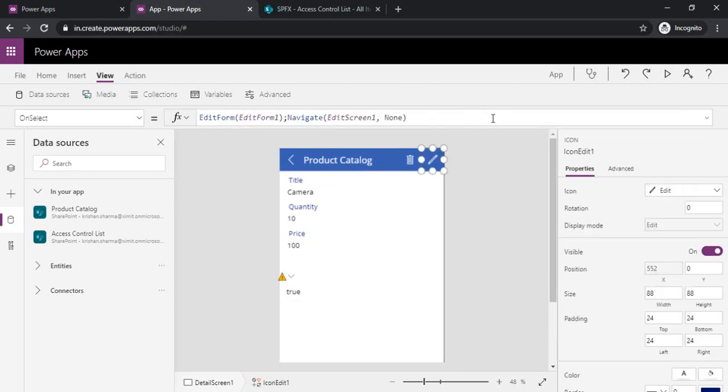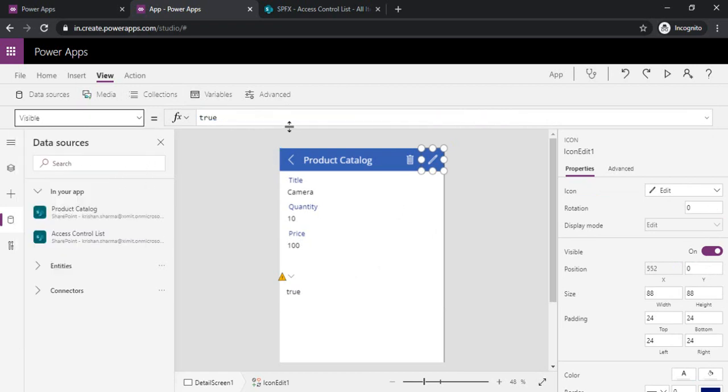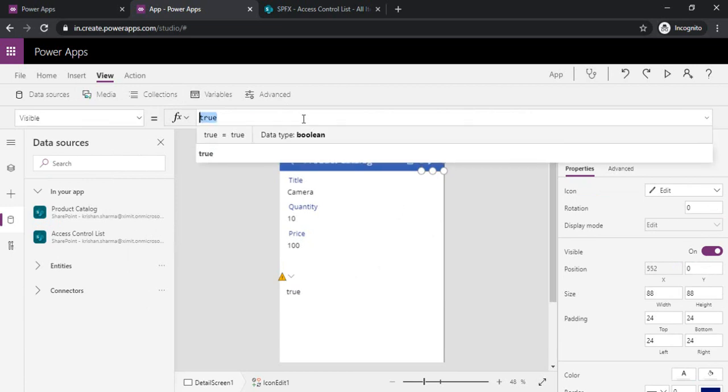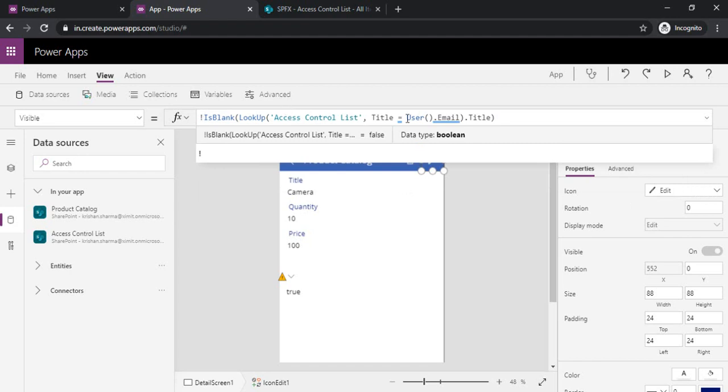So I'll go to the edit icon and choose Visible, which by default is true, and I'll replace it with my function. If this email doesn't fall under this access control list, it will give me blank, as in true. So I need to put a negation sign so that it stays visible if the user falls under that list.